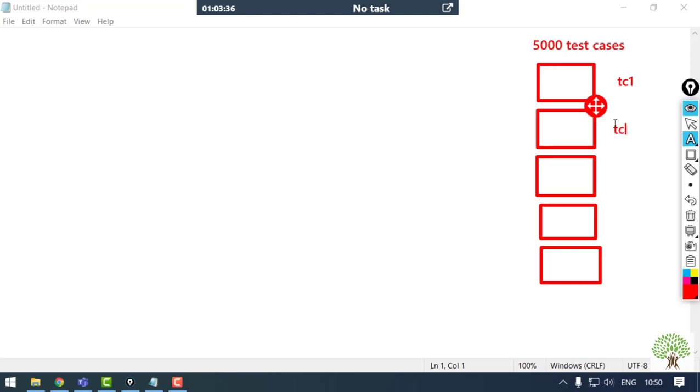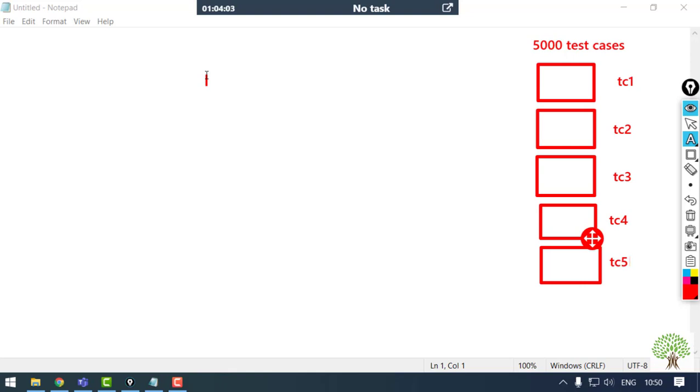So for those test cases, you need to have a report that will keep a record of what's going on in the test case at which point. Right, because no one can sit in front of the system looking at what's going on and writing it down in a notebook and sharing it with the client.